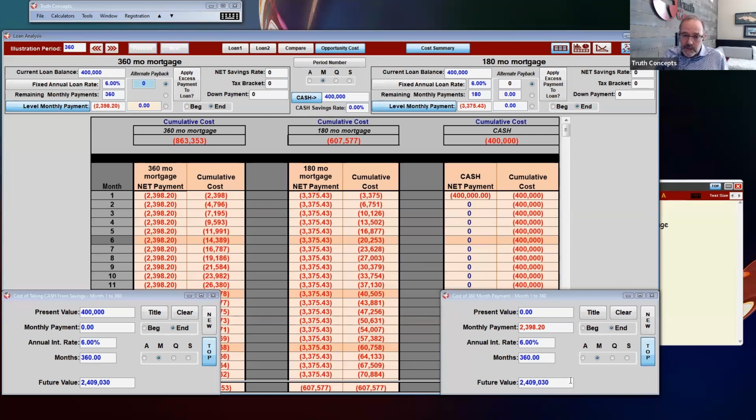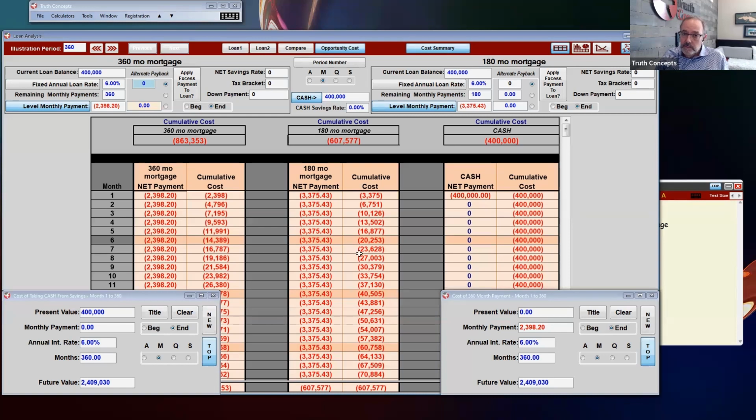So another way to look at this is either of these two decisions gets us to the same place at the 30-year mark. Now, in between here and there, they're wildly different as to amount of money we have and where it is. But at that point in time, either of these decisions has our house paid off in 30 years and